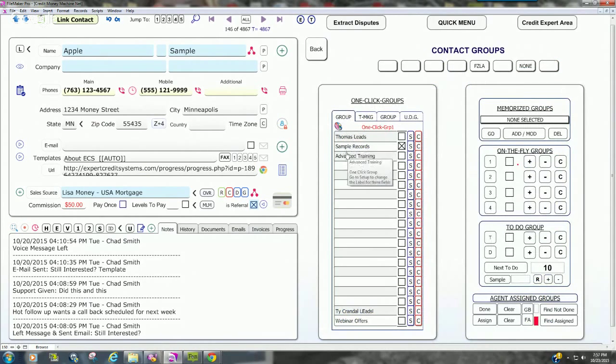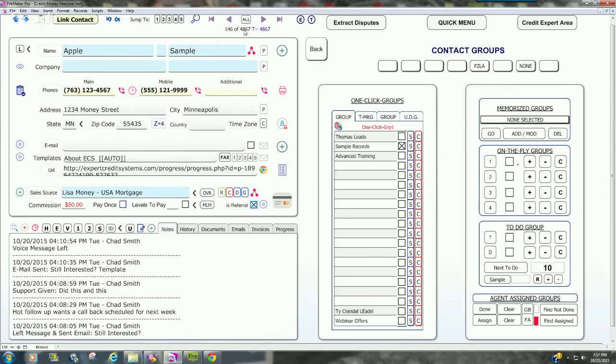You'll notice I have a couple of categories here, and I'll show you guys where to change this list and add to this list so that it's a static category. And what this does is if I've got records in this group, you'll notice that this is X'd, so it shows that this record, Apple Sample here, is in the sample records group. And what you'll also notice is right here up top, it's showing me I have 4,867 records in my system total. Okay, and I've got all of them selected, 4,867 selected, and I'm on record number 146 of